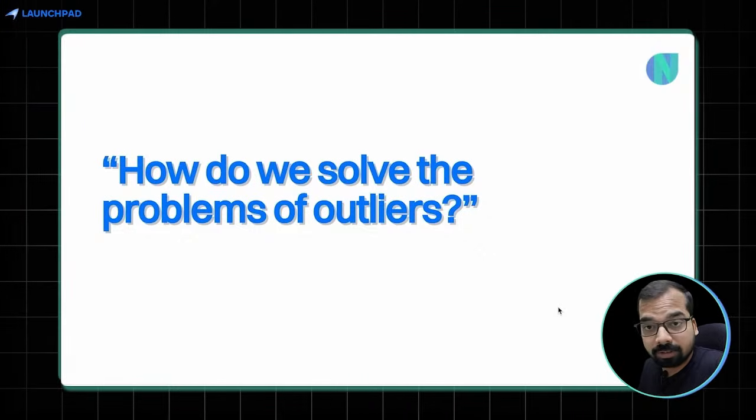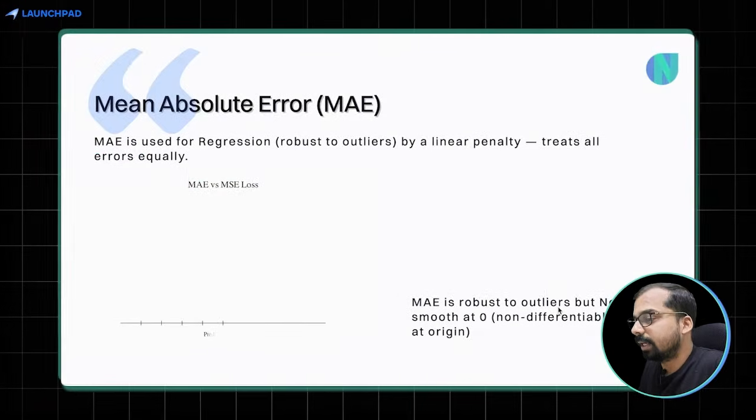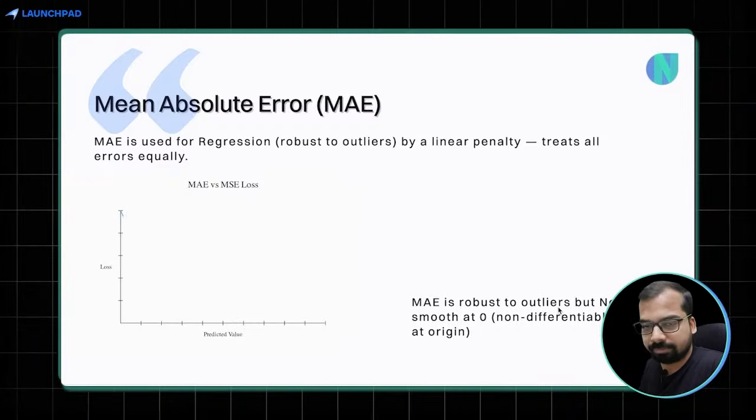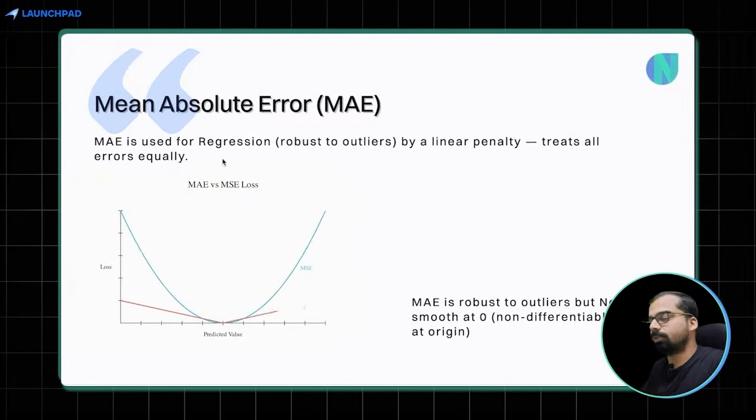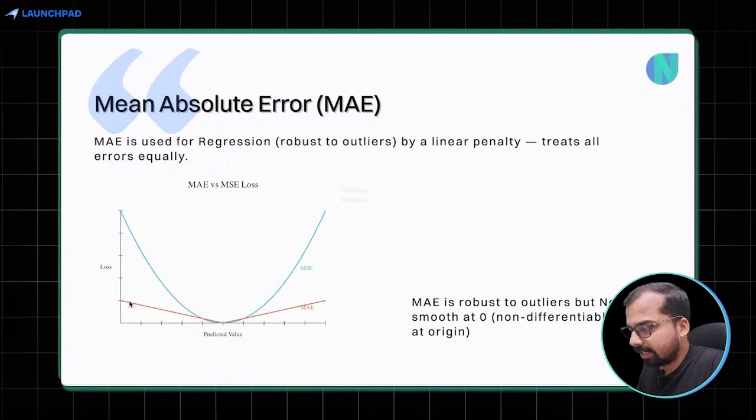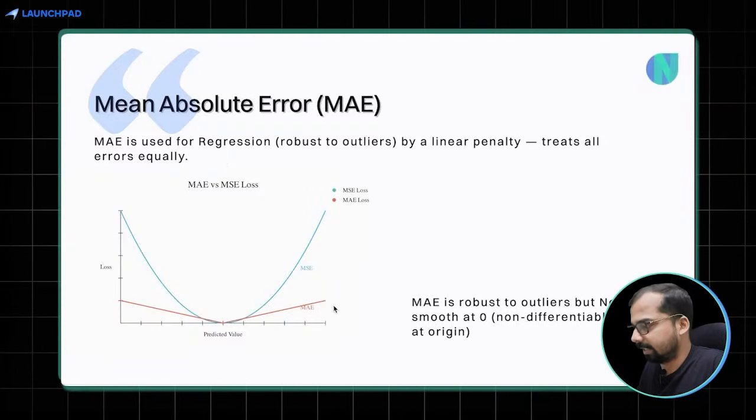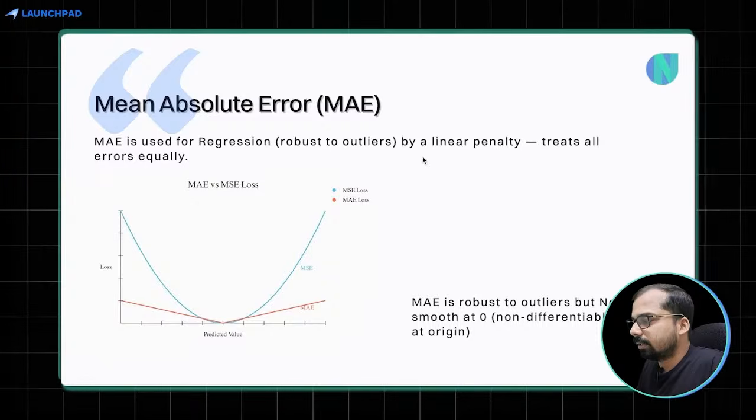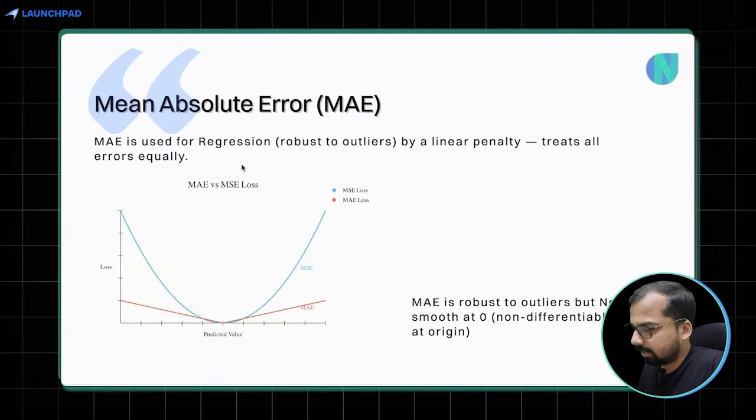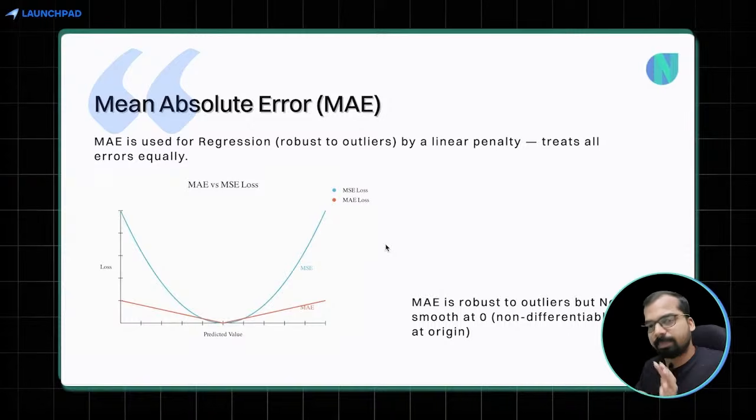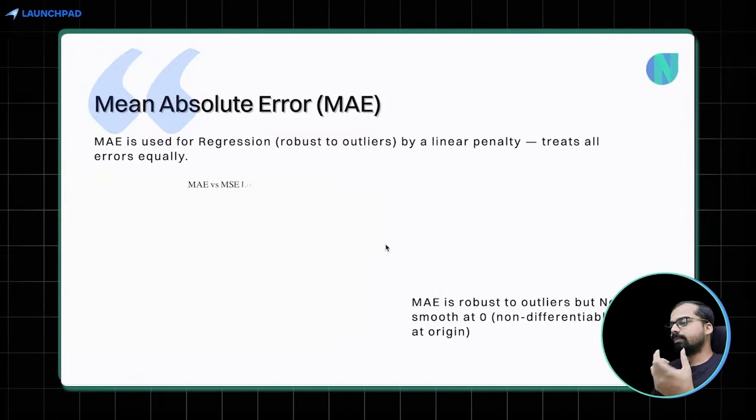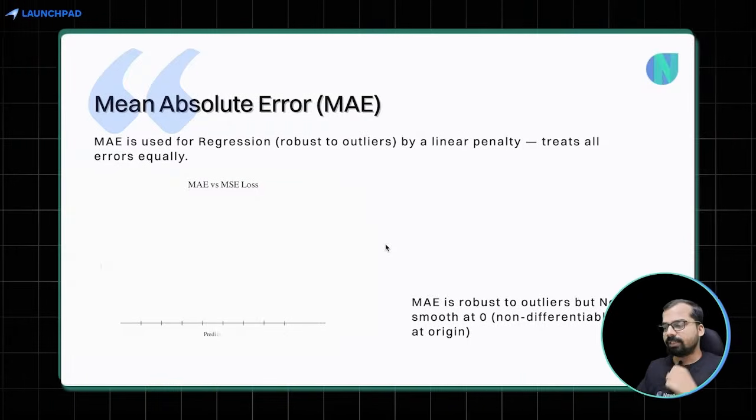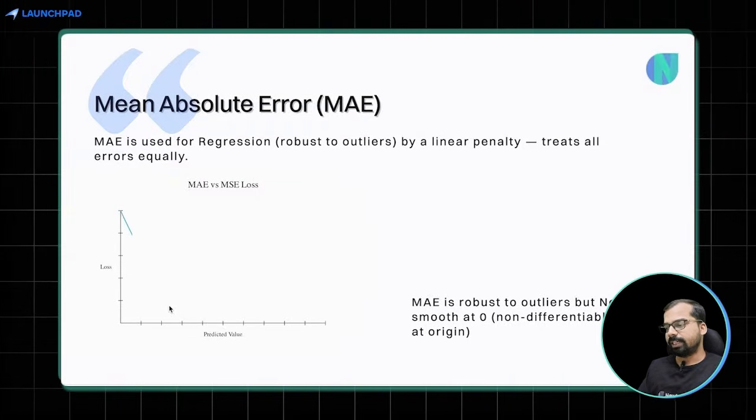So how do you solve the problem of outliers? Here comes another loss that is known as mean absolute error. If you see, the red line is actually MAE. It treats all errors equally, right? It is better if your data has outliers. But the problem with mean absolute error is that you can see that it becomes